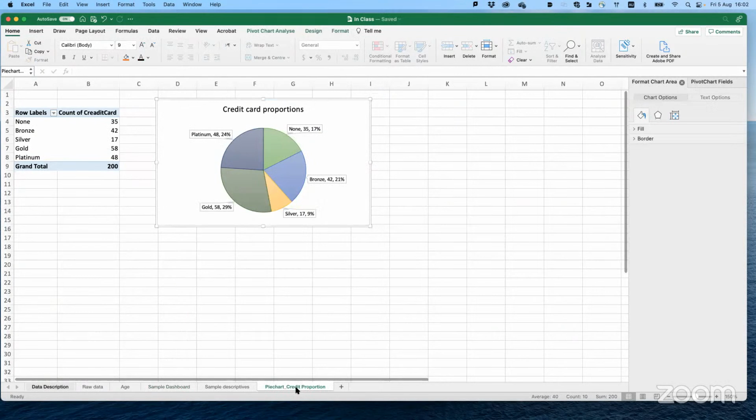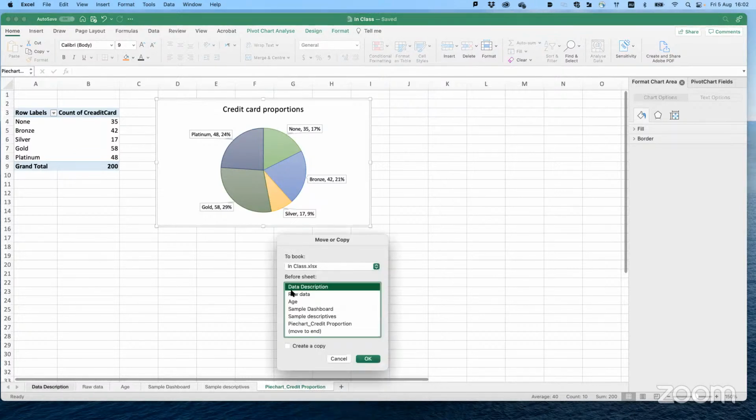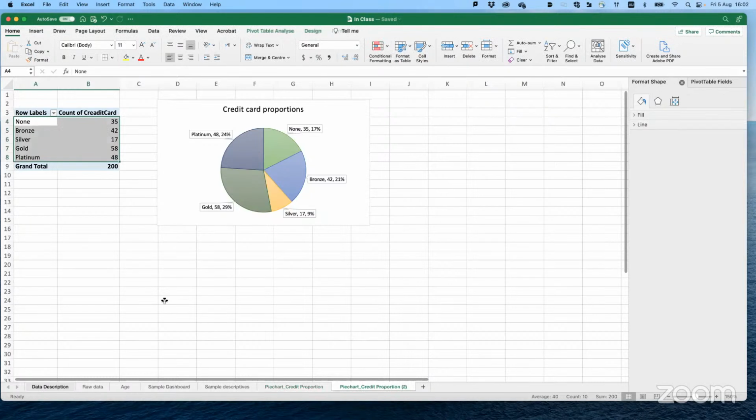So the easiest way to create another pivot table and pivot chart is by right-clicking on the previous one, click on move or copy, create a copy and moving it to the end. So now we have a copy of the same sheet. For this sheet, I am going to put states.